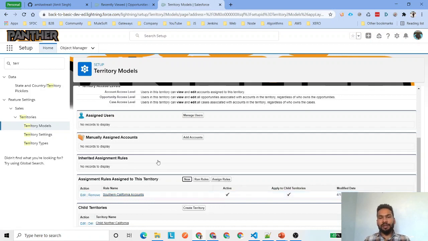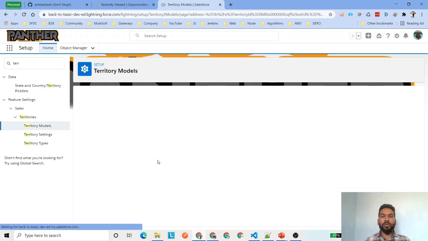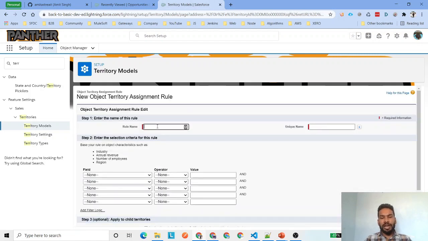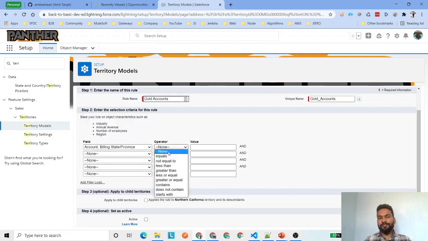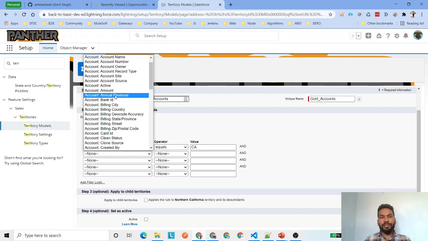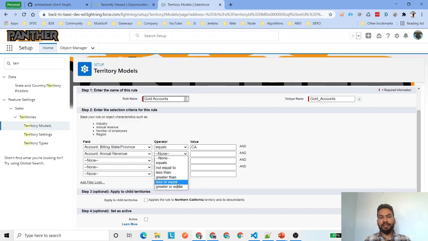If you want to have other rules, you can have those, which might be very simple. So let's say gold accounts, where I'm going to say state province should be equal to California, and the revenue should be greater than or equal to, for now, $10,000.